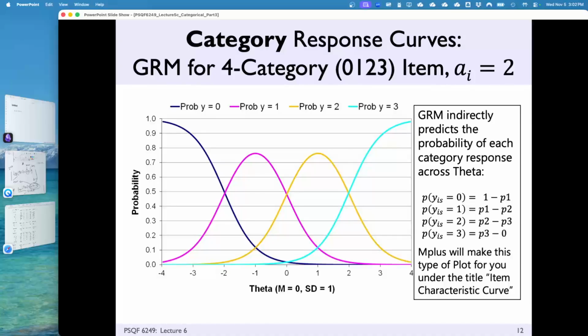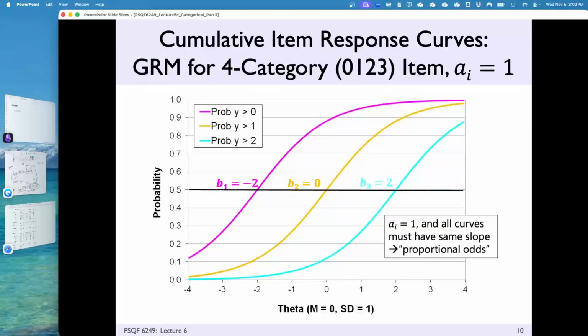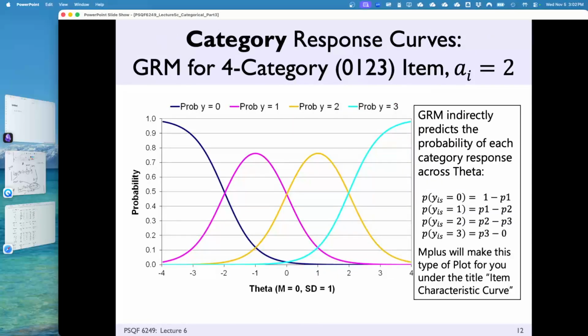Right? I find when I look at data that the cumulative lines don't do me a lot of good. But this right here tells me a lot. And we're going to see that in just a moment when we get to the data. A lot of times in real data, you'll have categories that aren't selected a whole lot in your data set. So you'll see that the probability for them will almost be lower. It will not be a maximum for any point of theta at all. Right? That's something to note. You can see how close together or how spread out each of the thresholds happen to be as well.